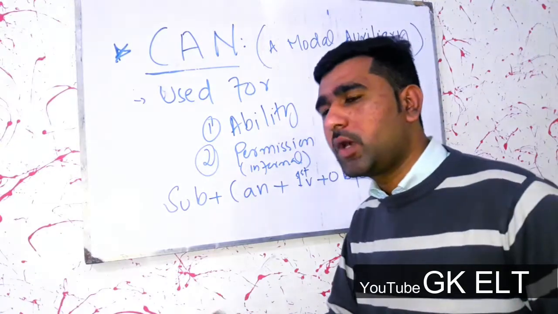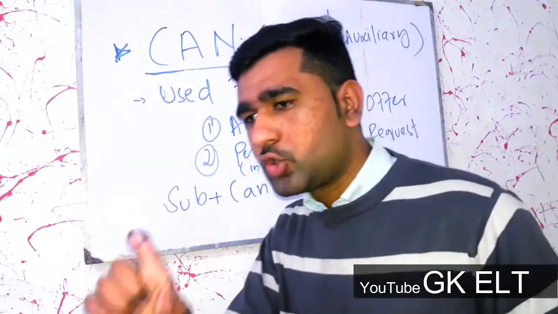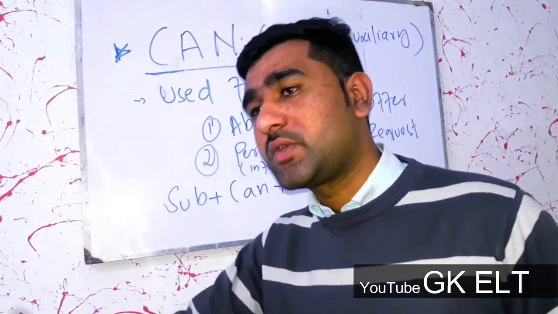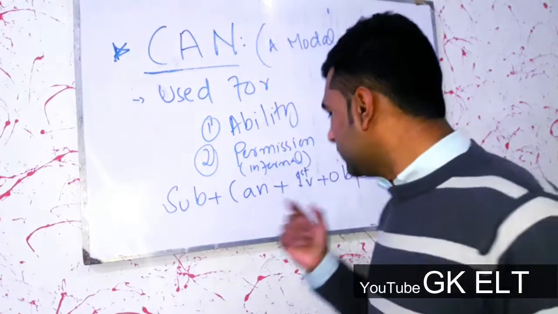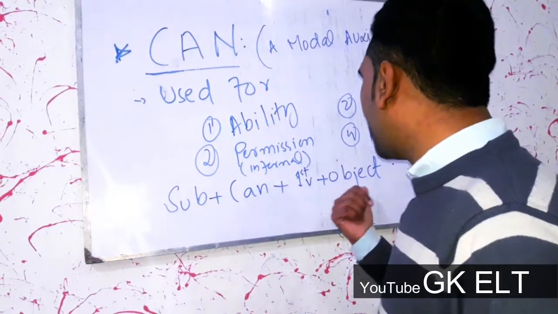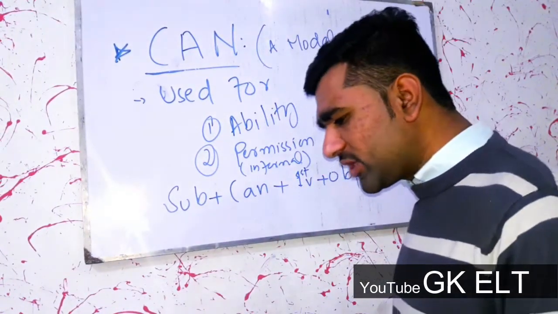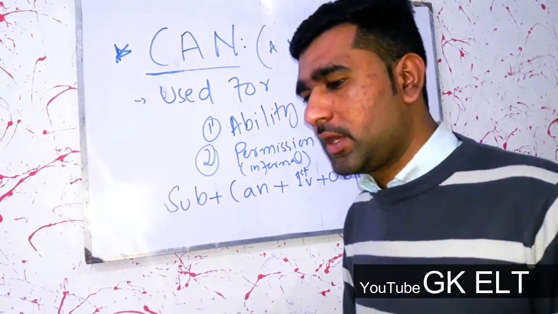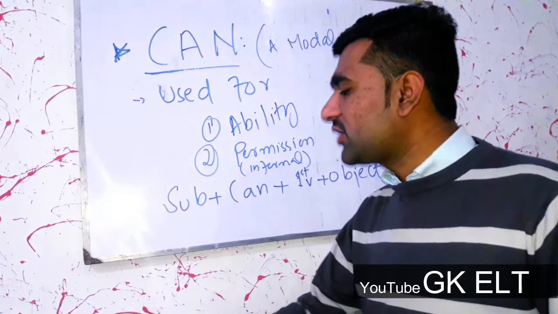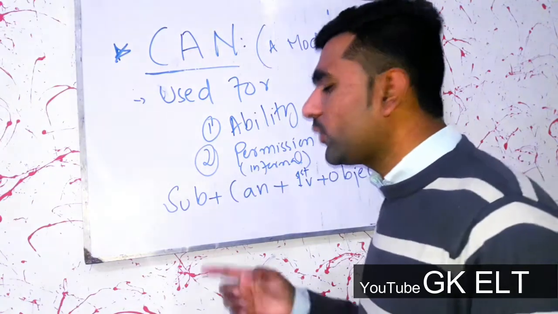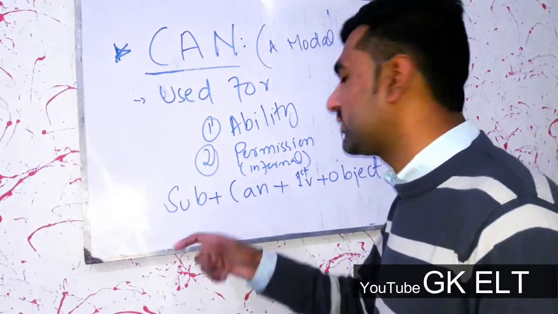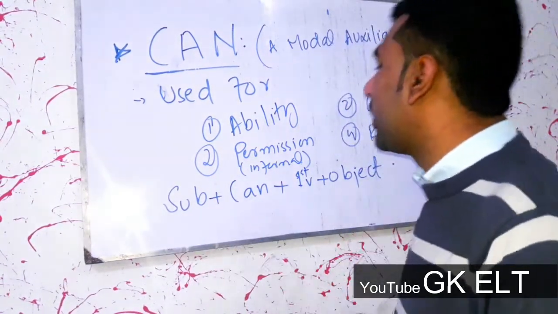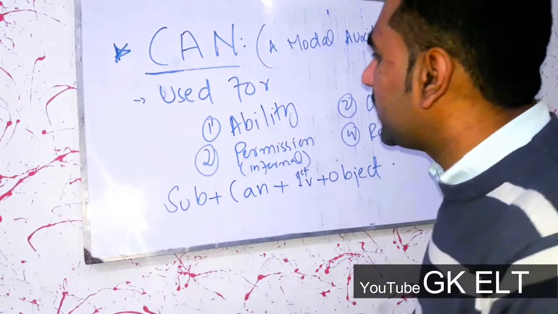What is the first form of verb? For example, we say go, went, gone. So go is the first form of verb. Then we have object. Object is the receiver of an action. It receives an action from the subject, the action which is performed by the subject would be received by the object.